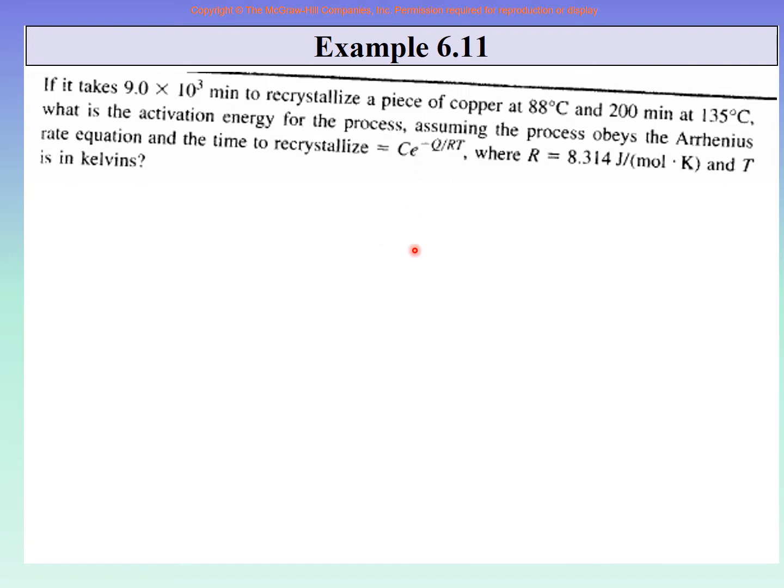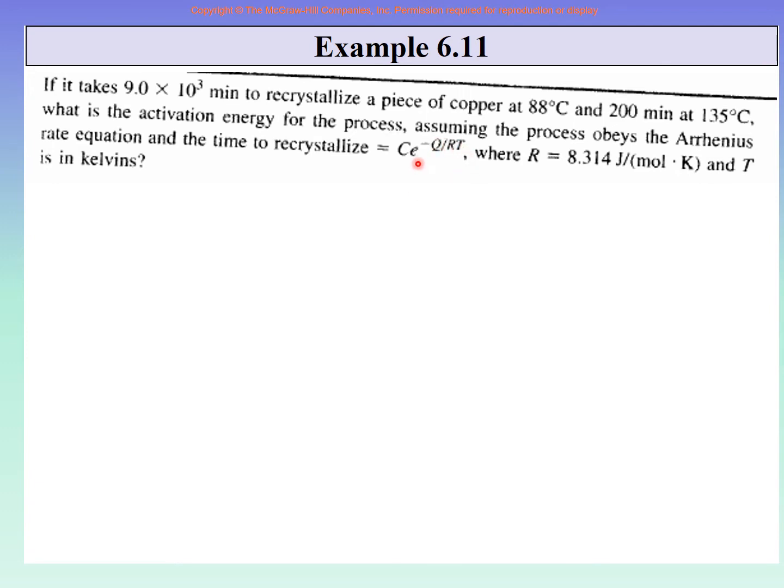Once you are there, then it is e raised to minus something. One thing you can do is, you can take this to the other side. It will become e raised to plus Q upon RT. But this time will become 1 upon T. Do you understand what I am saying? That here it is T is equal to so much. The C has already been cancelled. So now if you take 1 upon, then this becomes 1 upon T, and this becomes e raised to plus Q by RT. Okay, and so on.